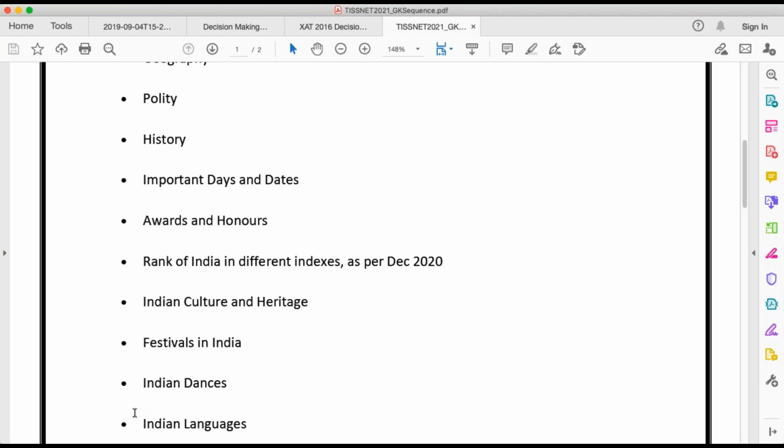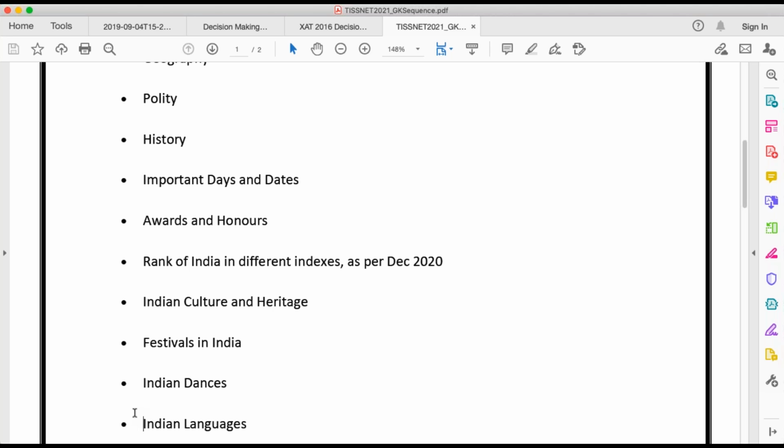Indian languages. This is a question. They can ask you that X language is spoken in which all states. That's how they are going to ask you. They can ask you that Bhojpuri is spoken in which all different states: Bihar, UP, Madhya Pradesh, Tamil Nadu, etc. And they can give you options like this. They can then ask you, UP and Bihar or Tamil Nadu and Bihar. These kind of options could be there.